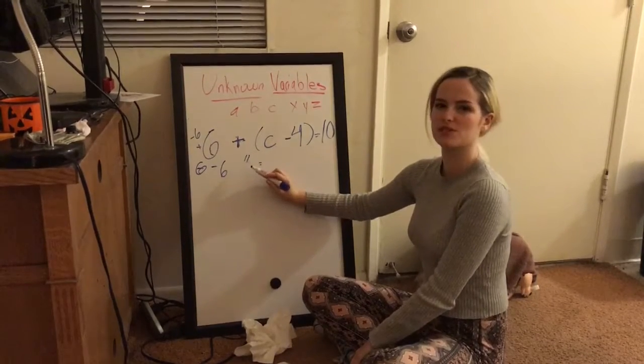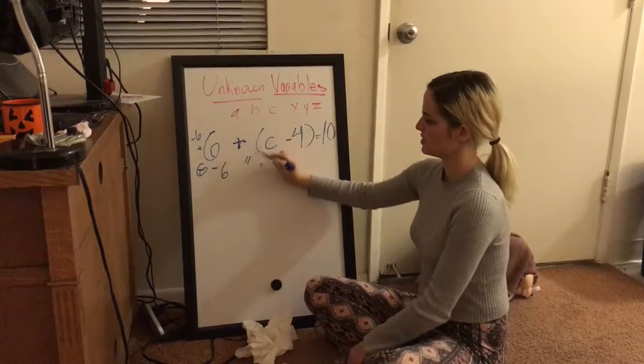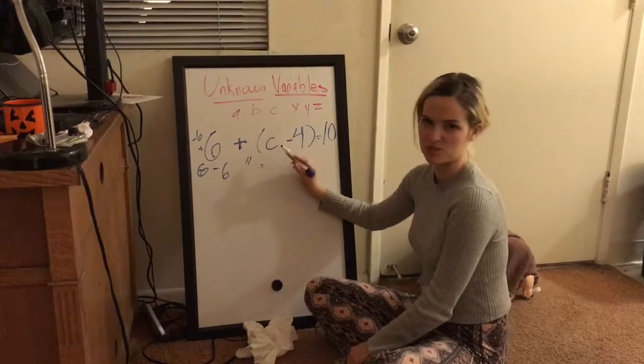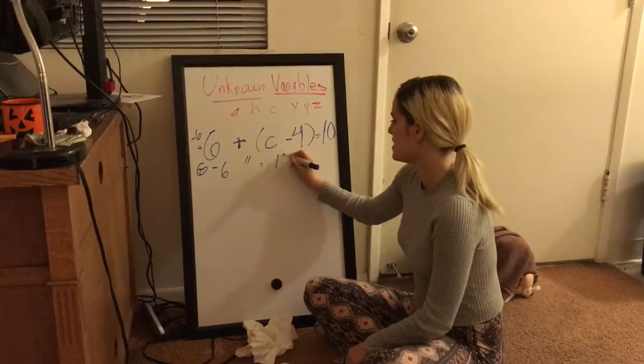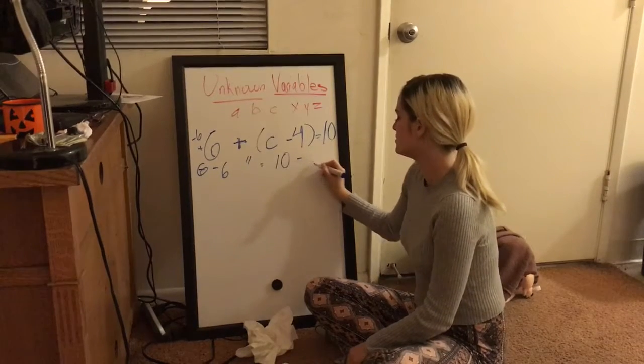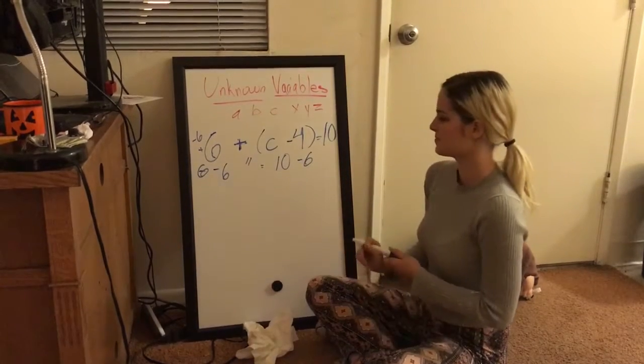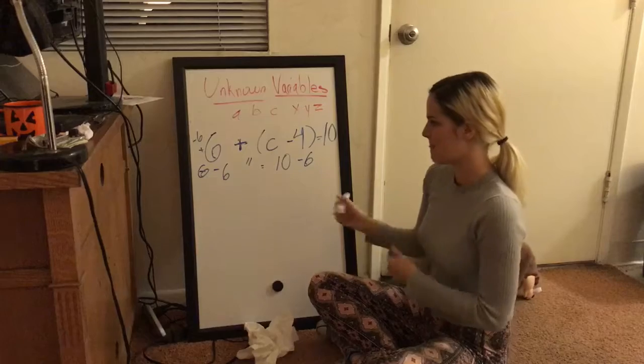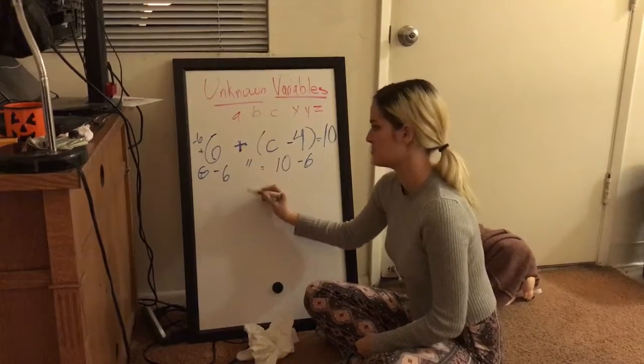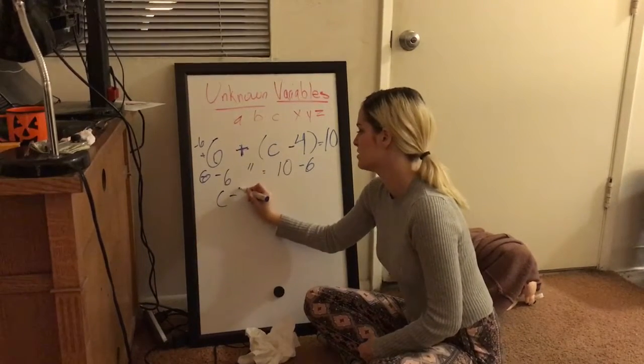Do you guys know what this is? It's essentially like bringing down, anything past this is repeated. And then 10 minus 6. All right, so this cancels out and becomes 0, so we're left with